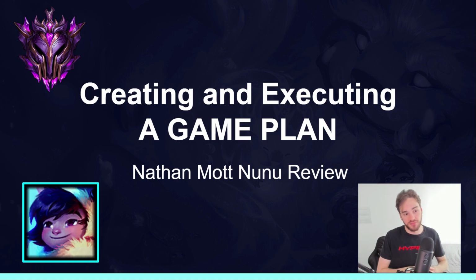In the creation part of the game plan, we're going to be talking about my thought process in champ select and the loading screen, everything I'm thinking about from lanes to play around, lanes to avoid, who's going to be my win condition, and how am I going to early path. Then into the execution, which is so important